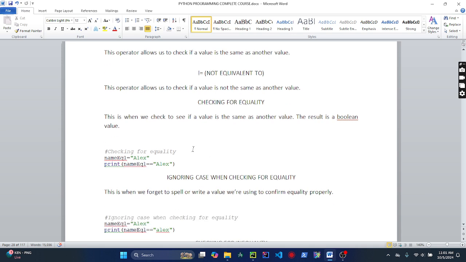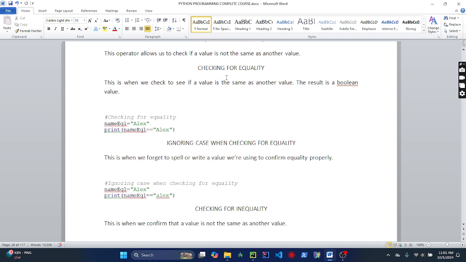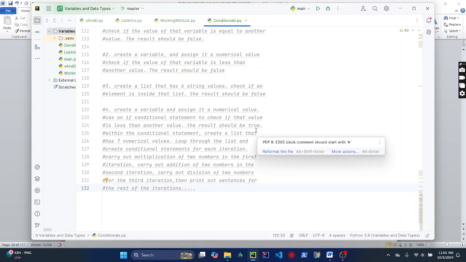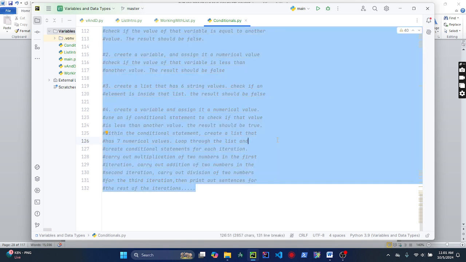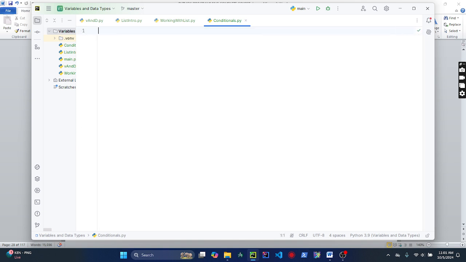All right, so let's start with code. So the first thing we want to do is to check for equality. So you head over to your PyCharm and start. So I'll just clear this for the sake of my subscribers and start with this. So you create a variable called name, you assign it. So I would increase the screen size so that we can see what we are doing. I would assign it a value of Alex, and I'll come here and say print